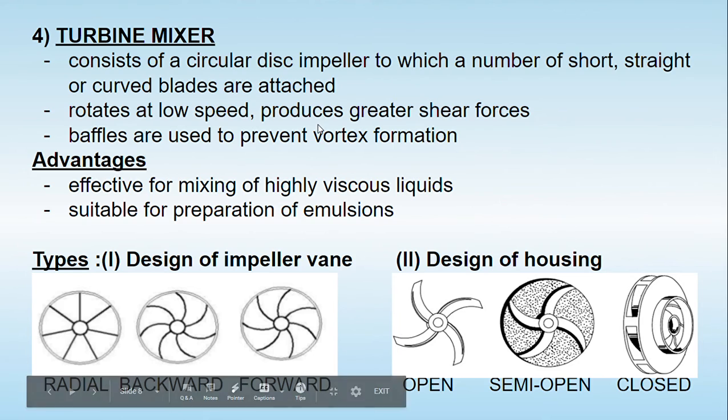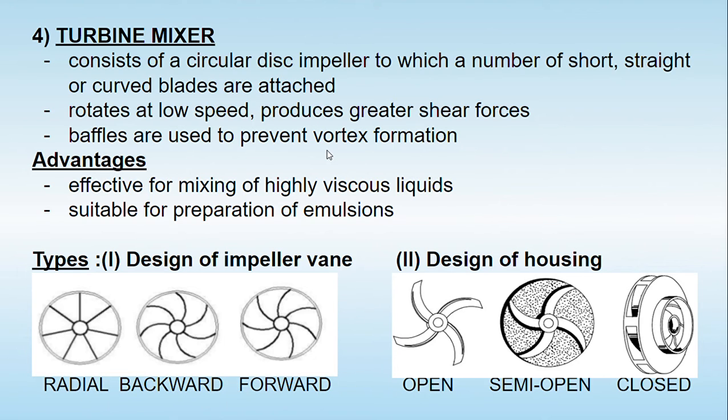The turbine mixers rotate at very low speed, and at low speed they are able to generate more shearing force to get uniform mixing. Here also we require baffles to prevent vortex formation. It is suitable for mixing highly viscous liquids, and one of the great pharmaceutical applications of this turbine mixer